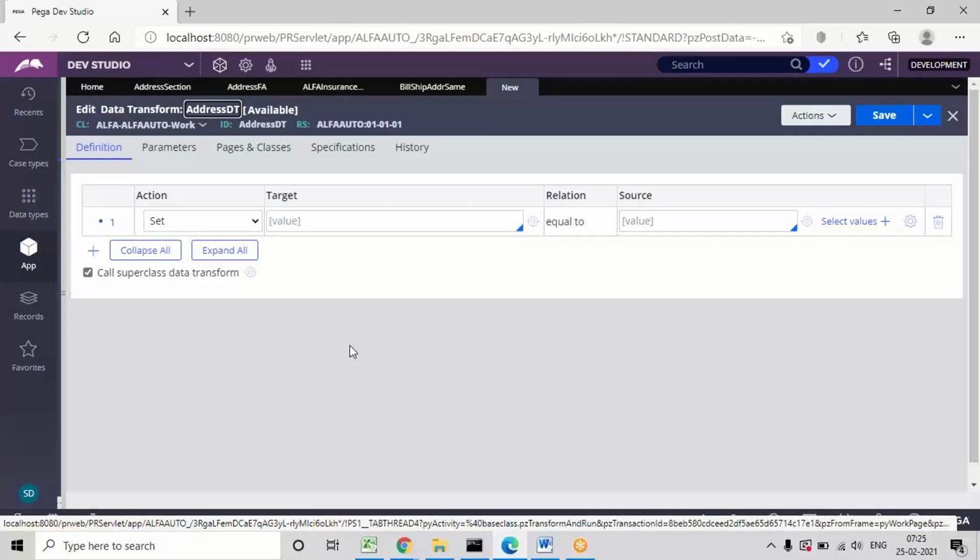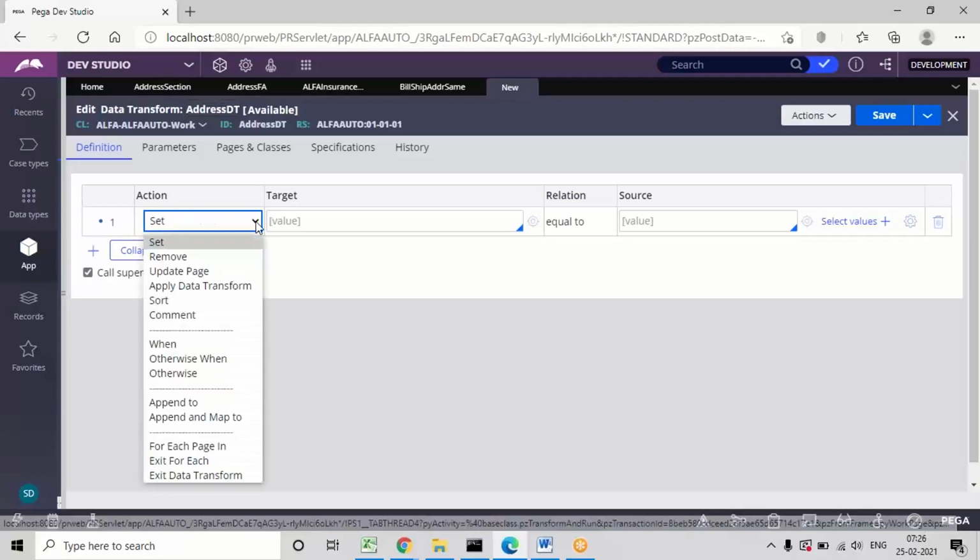Based on the function we are using, child steps will be created automatically. You will not do that manually. Whatever the function type and requirement, child steps will be created accordingly at runtime. When you open this, you can see a default function is set. But if you click the down arrow, some other basic functions are there.